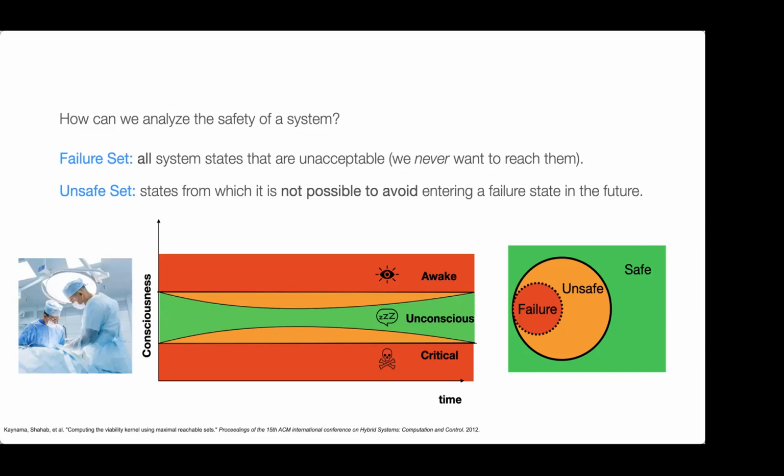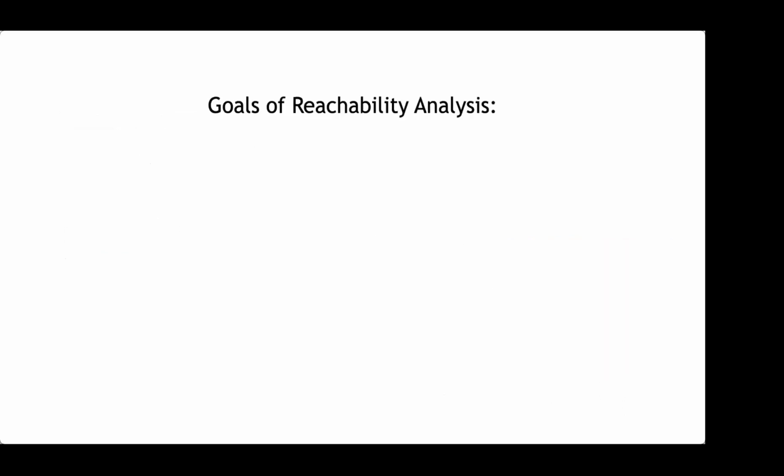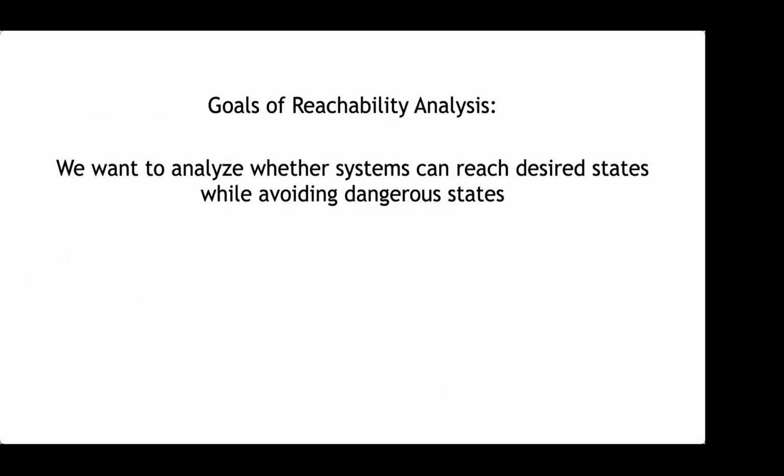Everything that's left then is therefore the safe set that you want to be able to maintain as you're applying the anesthesia. Is this at a high level? Good. This has also been done on other types of systems like artificial pancreas type systems where you're trying to figure out how to apply insulin to keep people within safe levels for their blood sugar. So these are all fairly simple systems that have been analyzed so far. Our goal here is to be able to analyze whether the system can reach desired states while avoiding dangerous states, as you mentioned.